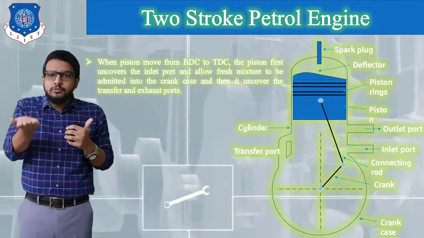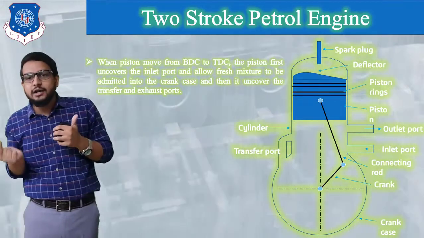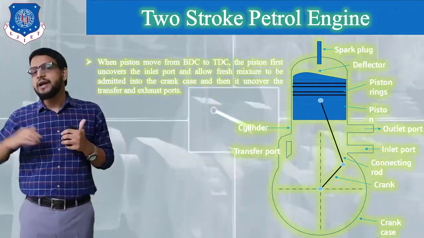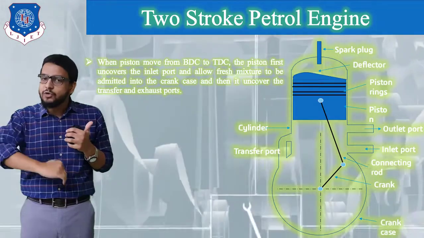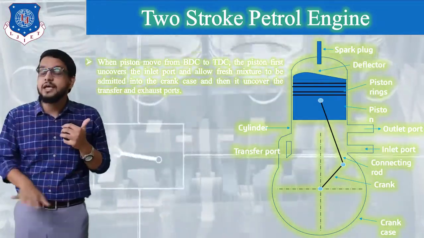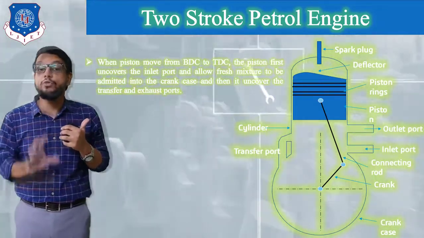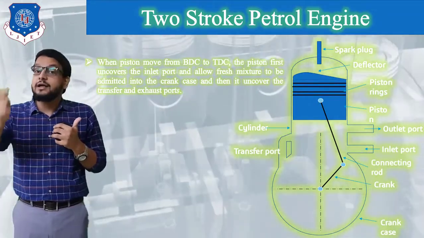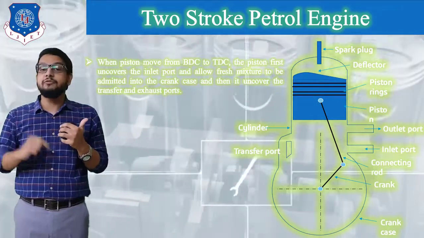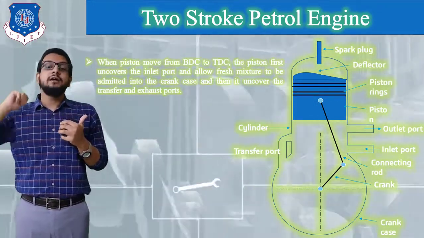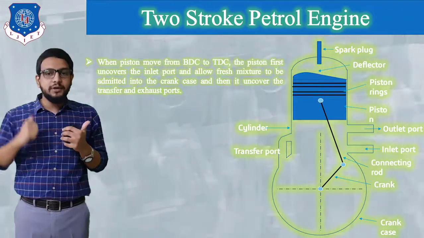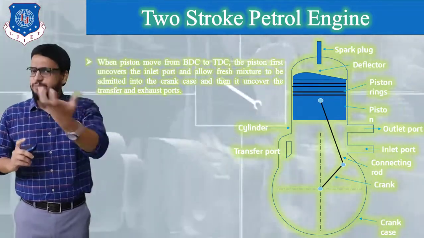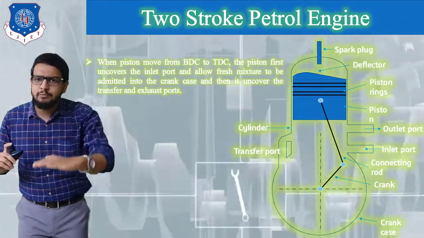As the piston starts to move in an upward direction, it will first uncover the inlet port. As soon as the inlet port is uncovered, air and petrol mixture will again begin to enter into the crankcase, and a suction will take place on the bottom side of the cylinder. At the same time, remember, what is going to happen on the top side? On the top side, compression will take place, and finally when the piston reaches its TDC position, our stroke will be completed, and again as soon as it reaches the TDC position, spark will be given, explosion will take place, and again a power stroke will be performed.